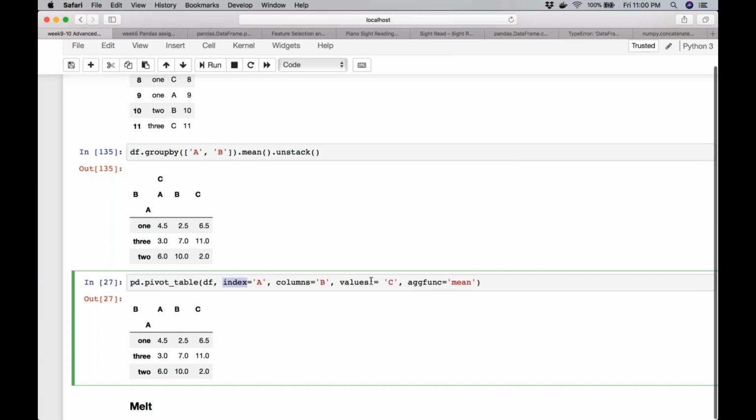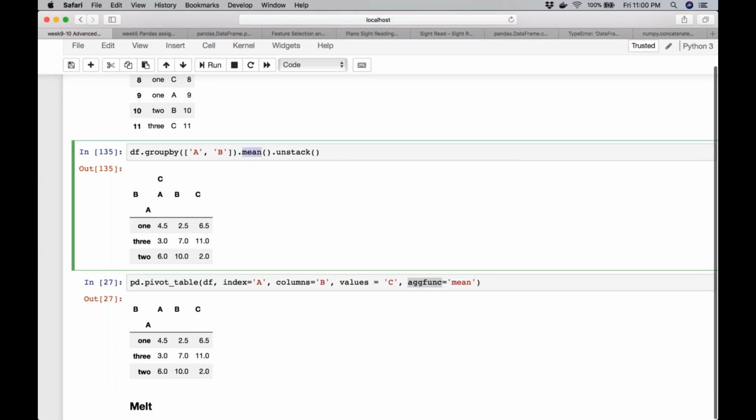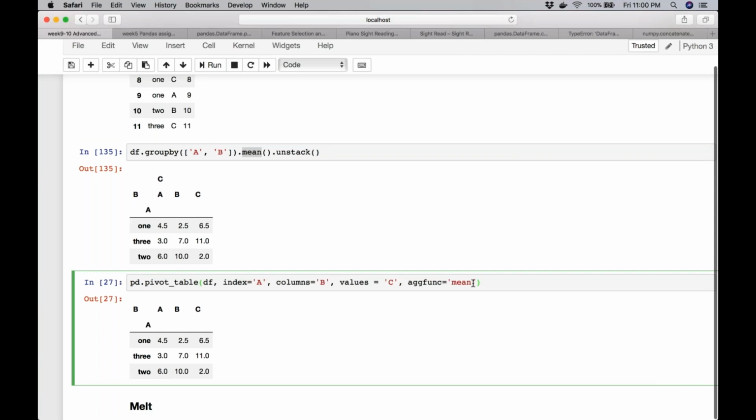So index, columns and values remain the same. We have to specify what should be my index column, what should be the column names, and what should be the values. The only difference here is what function, on what basis, you want to aggregate the data, which is essentially the same as grouping. After grouping, you have to specify how you want to aggregate the data. So the same thing you are doing here. You are saying that I want to aggregate the data by the mean, and I got exactly the same result as I got with the group by and unstack.